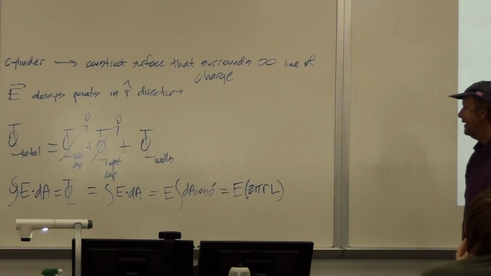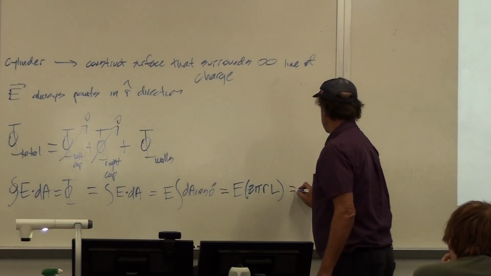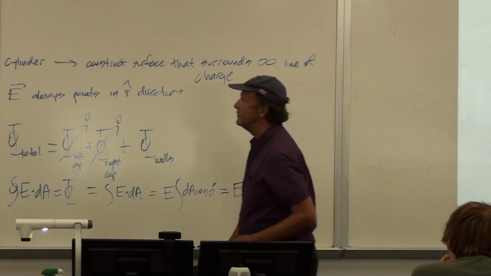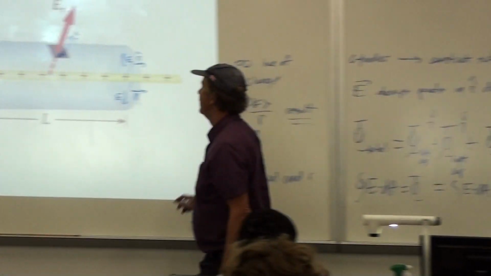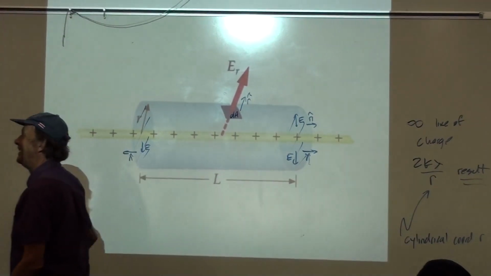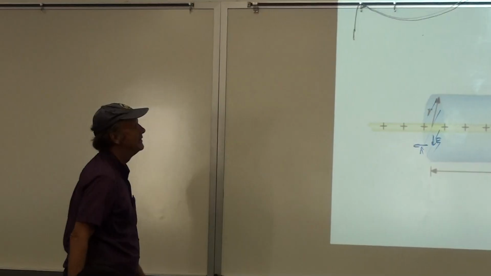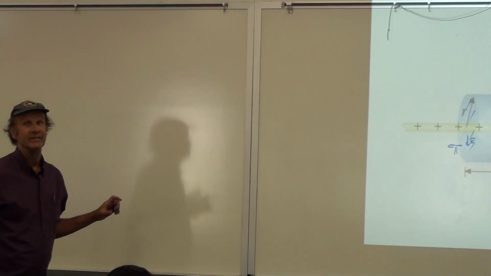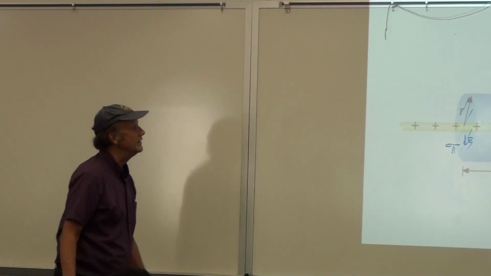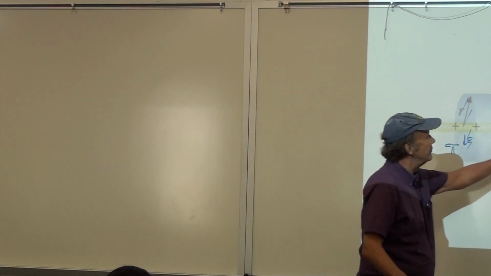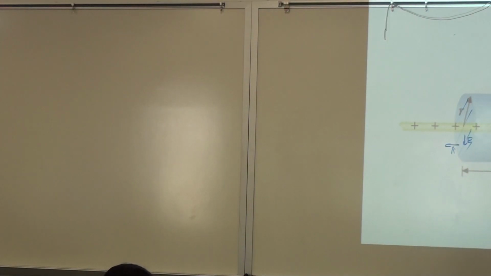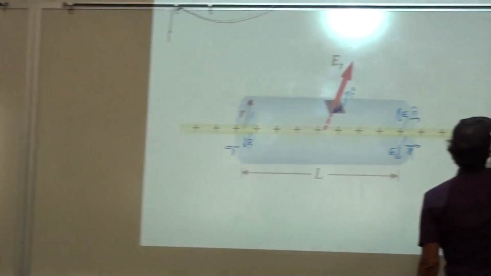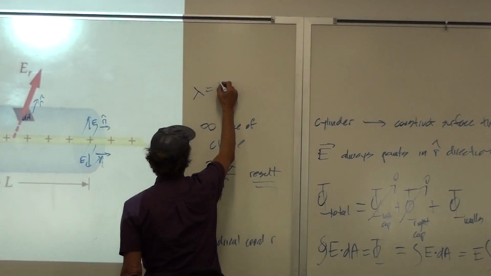Well, no, not quite yet. So this has to equal the charge enclosed. Well, the charge enclosed is infinite. So let's not do it that way. The surface is also infinite, so maybe the L's can cancel if we do this right. Let's just do it for a finite L, and then if we need to, we'll take the limit as L goes to infinity. So lambda is equal to the charge that we enclose